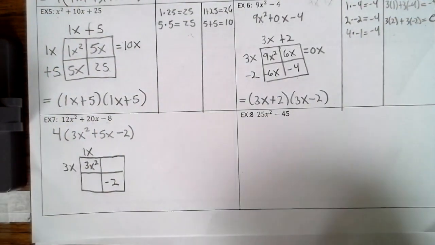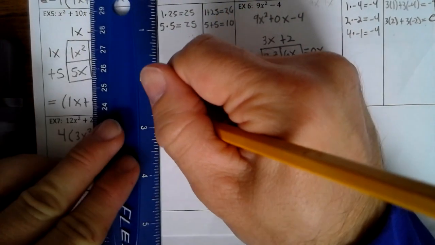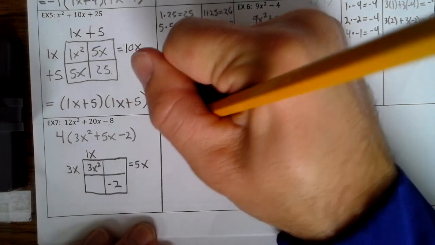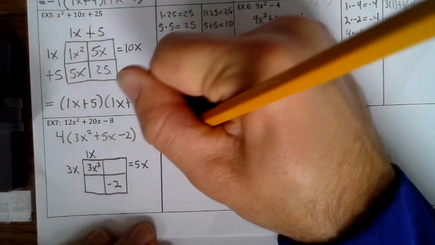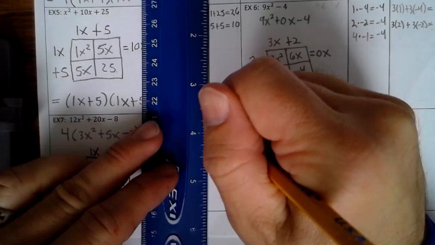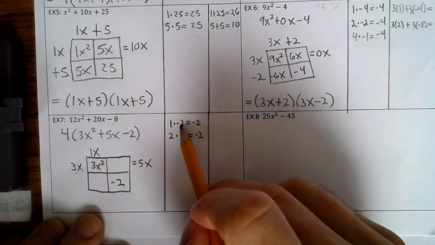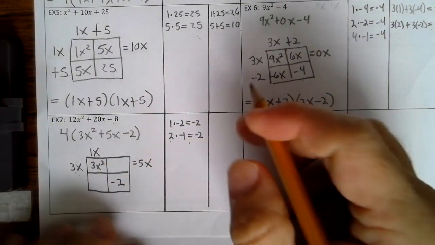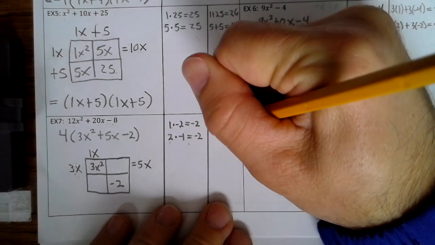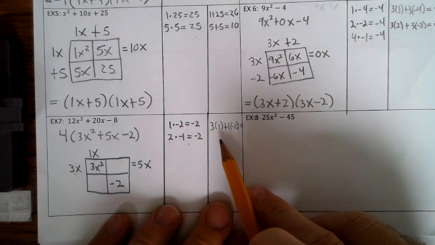Now, the only combinations to make negative 2 are 1 times negative 2, which is negative 2, and 2 times negative 1, which is negative 2. But we have to remember to multiply. So we have to multiply the 3 times a 1, the 1 times a negative 2, 3 times a 2, and the 1 times negative 1. So 3 times 1 plus 1 times negative 2 equals 1, that doesn't work. And then we do 3 times 2 plus 1 times negative 2